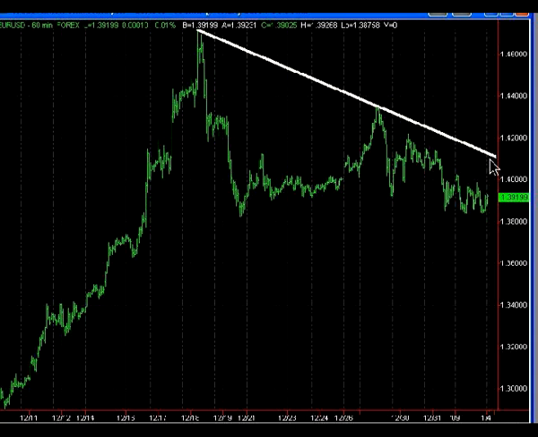Personally, I might look for another move up to this resistance line, followed by a move lower to complete the correction. Again, if I'm looking at this chart right now, I can argue that this is an A wave down, this is a B wave, and this could be a 1-2-1-2 of a C wave, possibly moving forward. So that's something to think about as well.